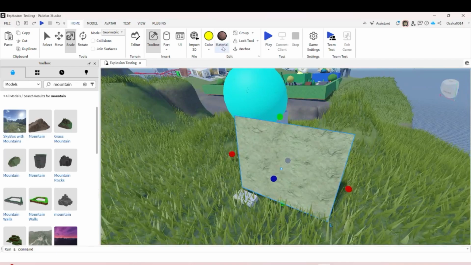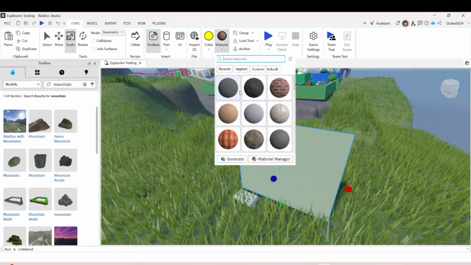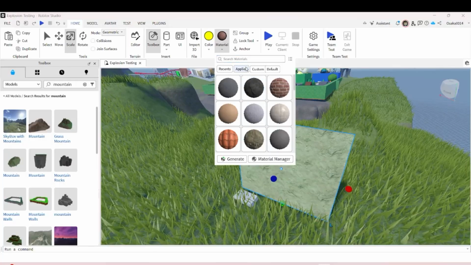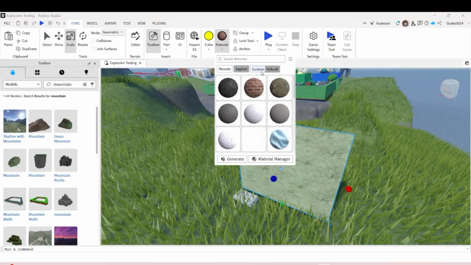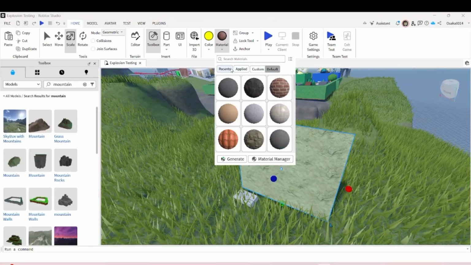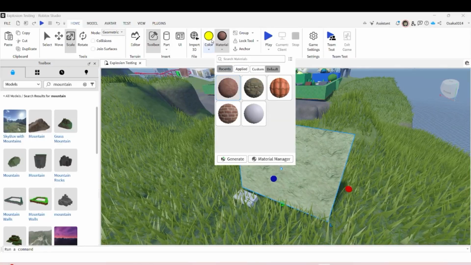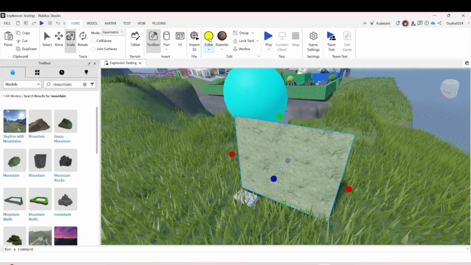As you can see, it already changed to stone, and the types are different. You can see the default, applied, or recent materials that you use. So that's how you can produce that.